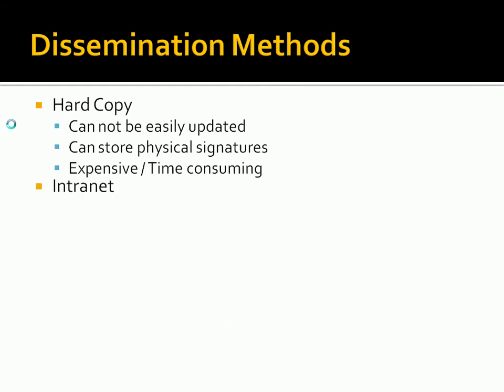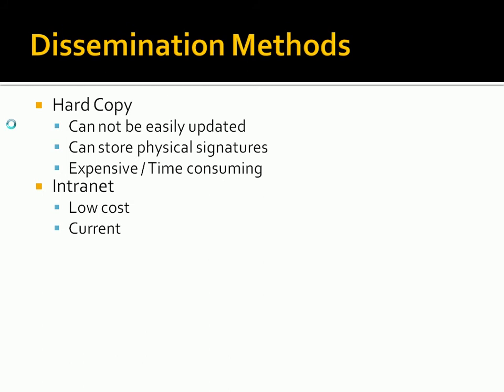To contrast that, though, an intranet. I'm sure most of us know what this is, but it's a private internet. It's an internet maybe that's only accessible to folks within the organization or within the company. So if we put all these policies into some kind of electronic distribution method, one example might be something like SharePoint. Microsoft has a product called SharePoint. We'll talk more about that, I think, in the final unit. But if we have a good intranet, it's low cost. It's certainly less expensive than printing paper and distributing it to everyone. You can keep everything current.